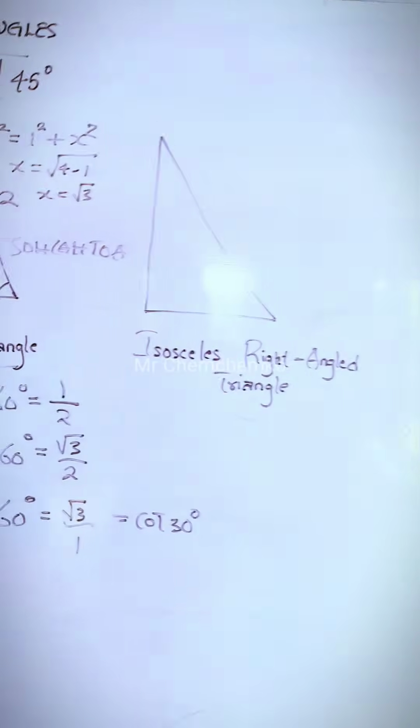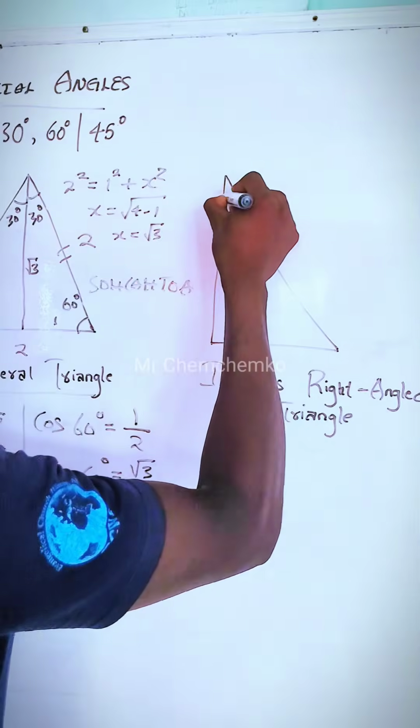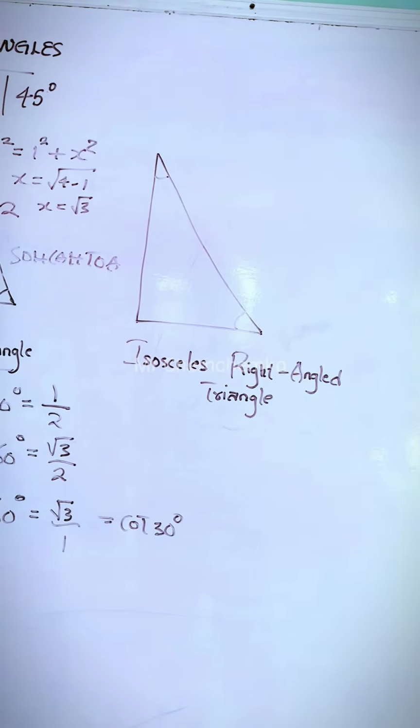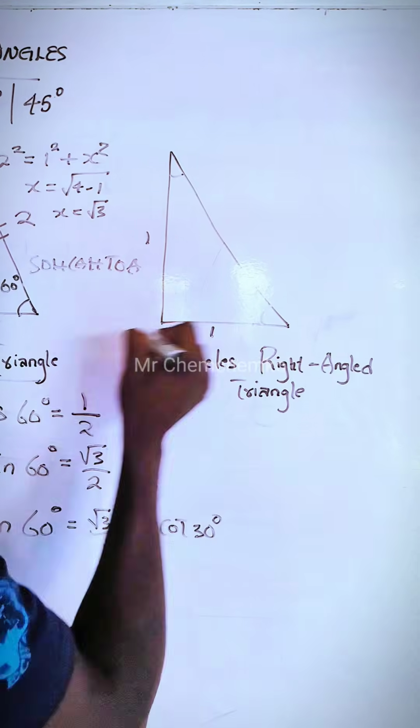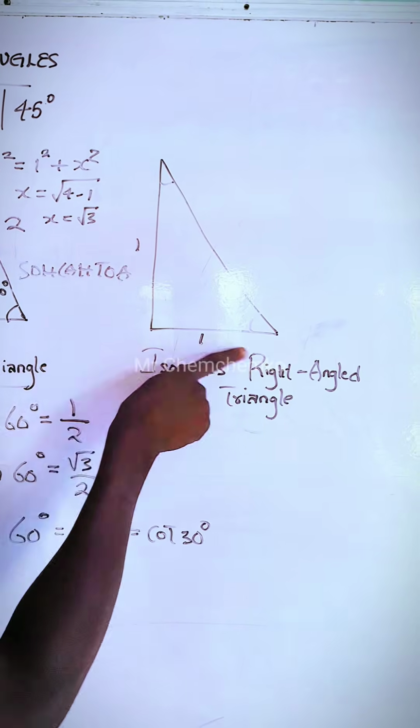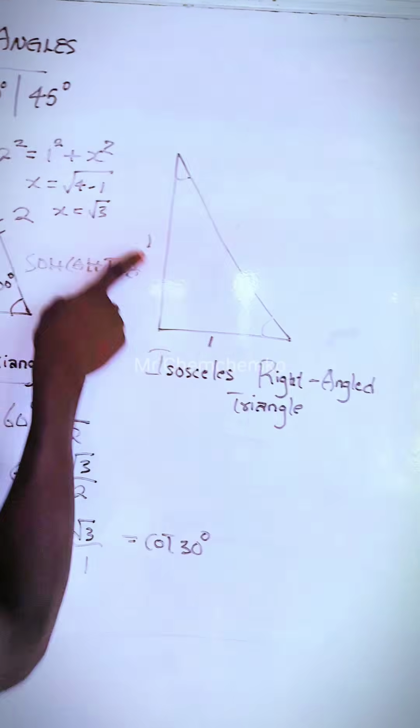Now, lastly, let's go to 45 degrees. For 45 degrees, we're going to need an isosceles right angle triangle. That is a triangle that has only 2 sides equal. For simplicity, let's assume the 2 sides that are equal have a length of 1 and 1. That means that